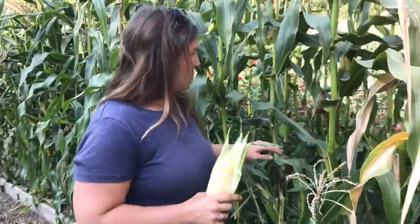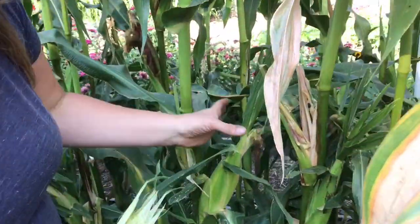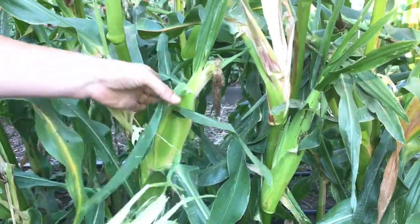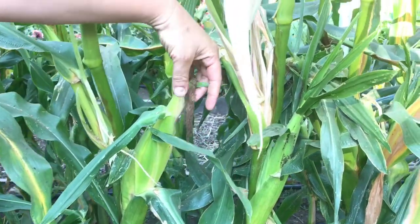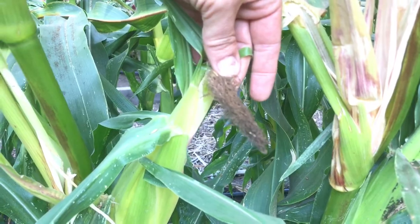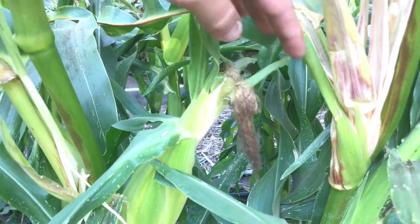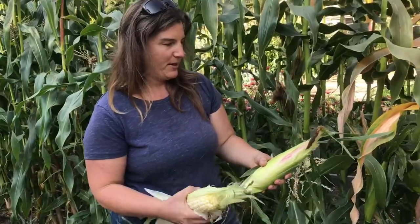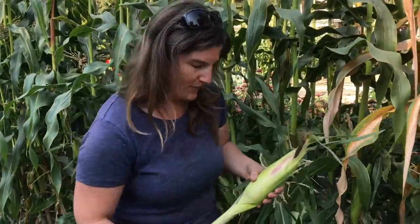Something you want to look out for is you find an ear that looks nice and plump, and you want to make sure the silks are totally dried back, just like this. This is a good sign that your corn is ready to pick. So I'll pick this ear. You just pull it, husk it right off the plant here in a downward manner, and then I have one that I opened here,